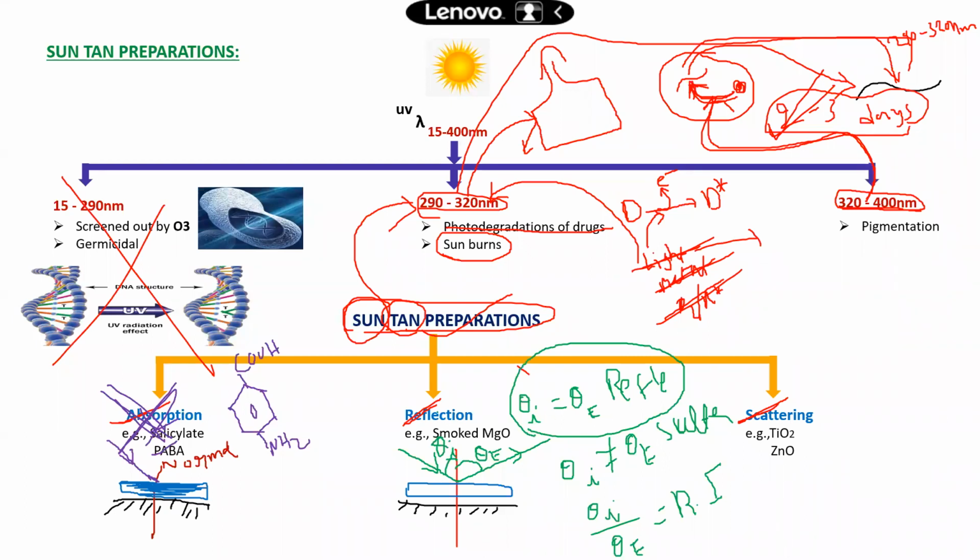A special condition means, for example, when you apply makeup. Another example is smoked magnesium oxide: you take magnesium metal and burn it on charcoal to produce magnesium oxide smoke. This smoke has a reflection tendency, meaning if light is incident, exactly that light will be emitted, that is, reflected. Reflected rays have high intensity, whereas scattered light has low intensity.